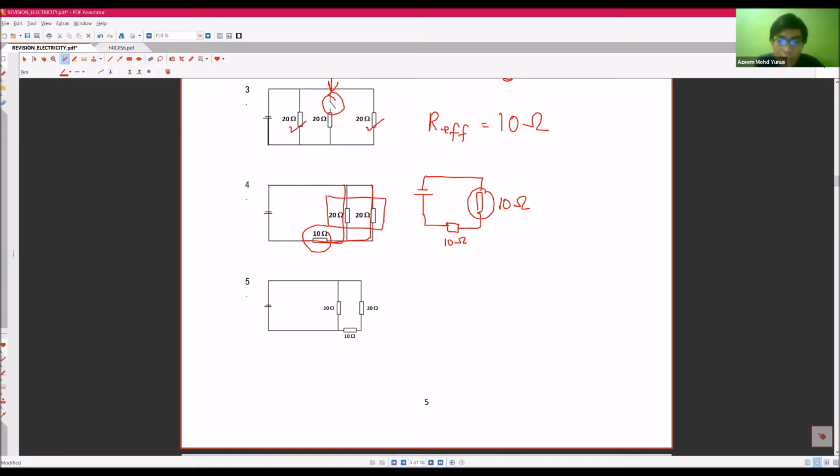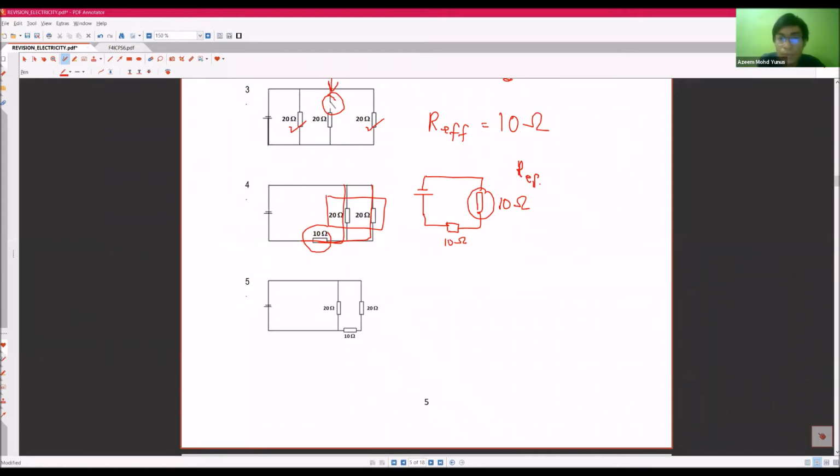If we add them, 1 over 20 plus 1 over 20 becomes 2 over 20. Flip it, 20 over 2 becomes 10 ohm. Now we have a new arrangement of circuit, in which both of these new resistors are connected in series. So